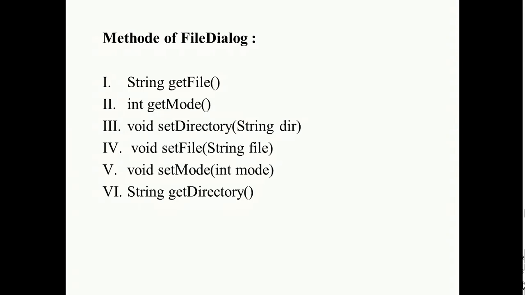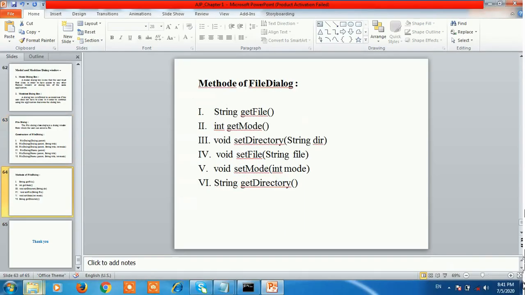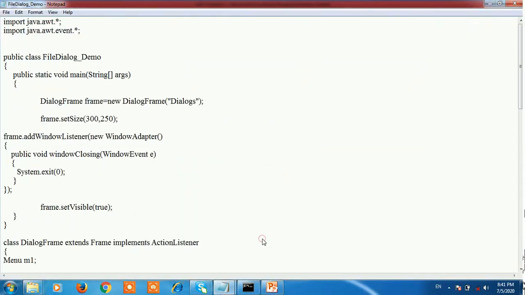Now see one example of the file dialog. See here, this is an example of the file dialog. First import the 2 packages, import java.awt.* and import java.awt.event.*. Here we use the event handling method that is actionPerformed, so the event package is used. Now next, create a class, public class FileDialogDemo. In the main method,